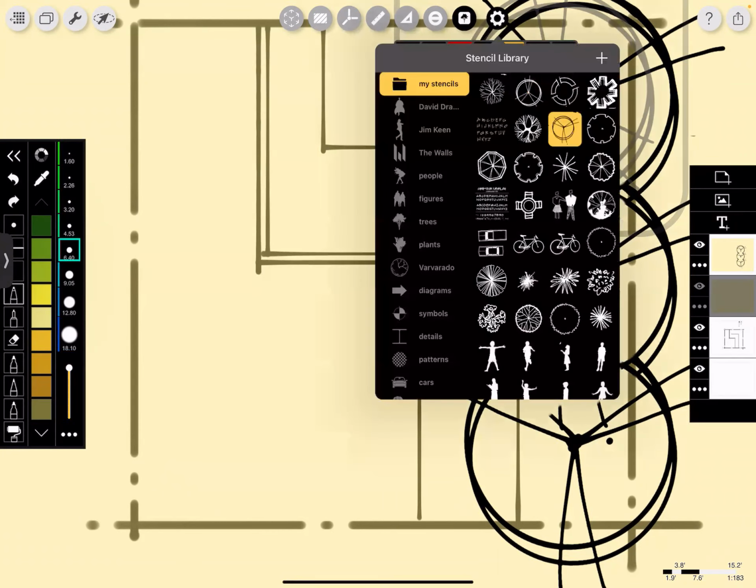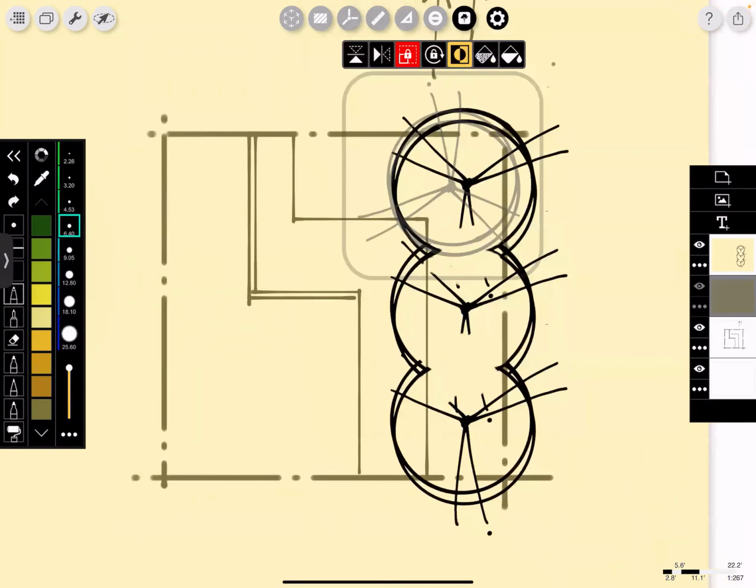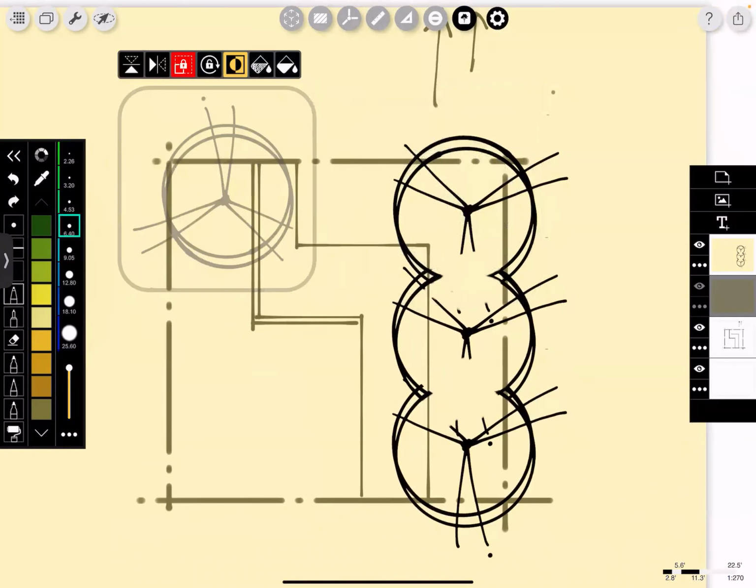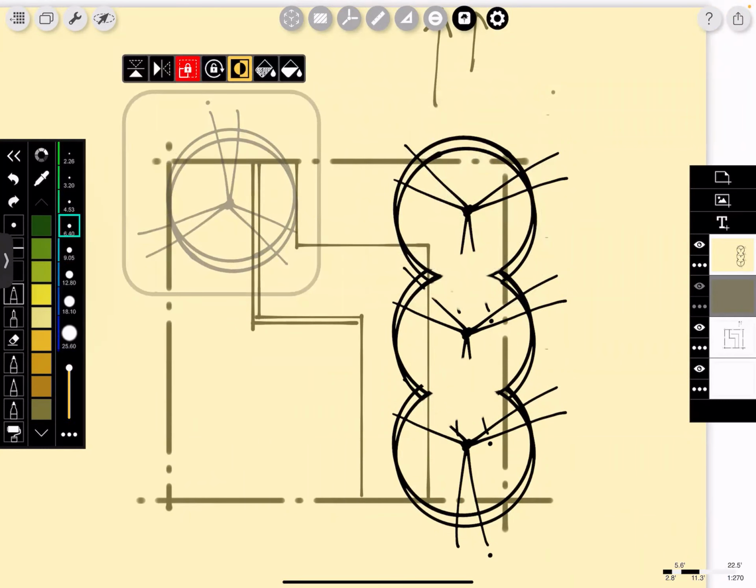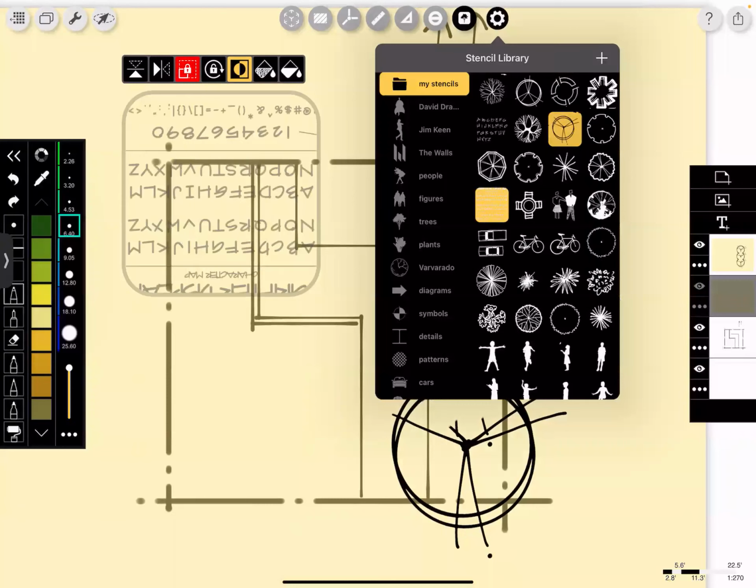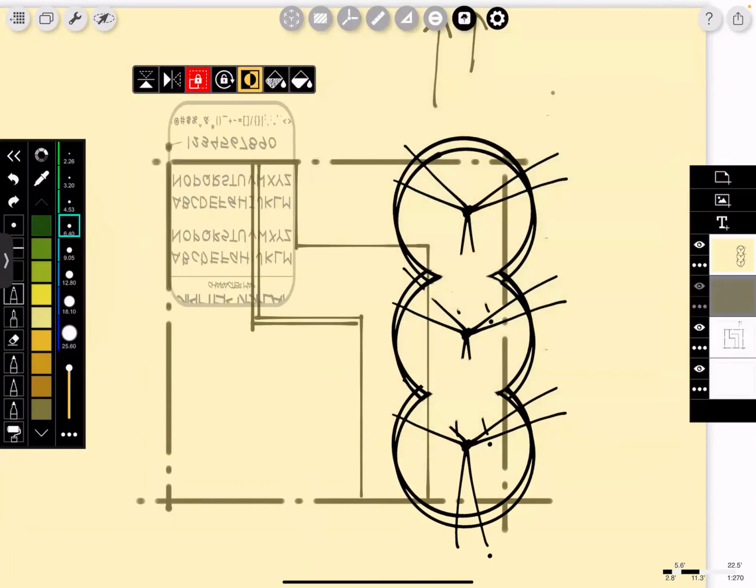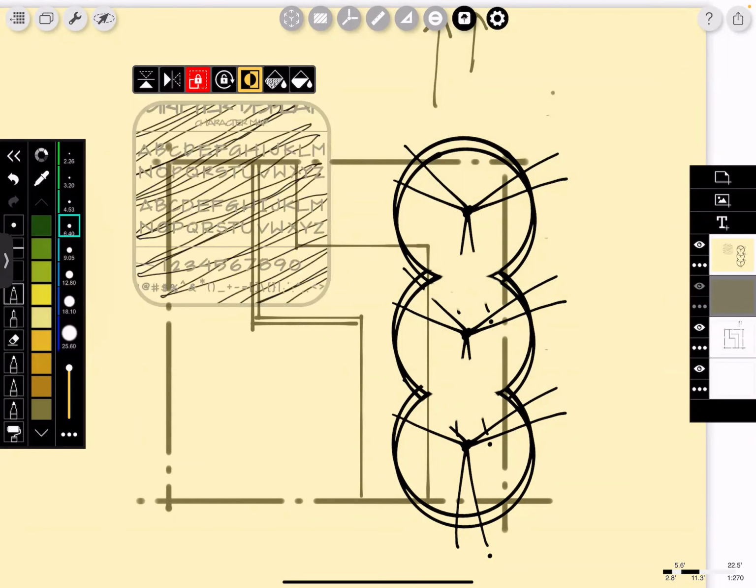Question: when you do the fill bucket and there are multiple stencils, it fills all of them? Yeah, like with my alphabet. So if I was to choose,